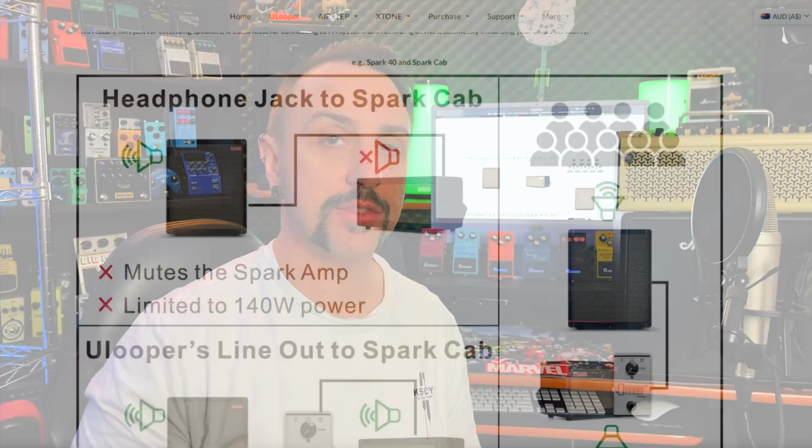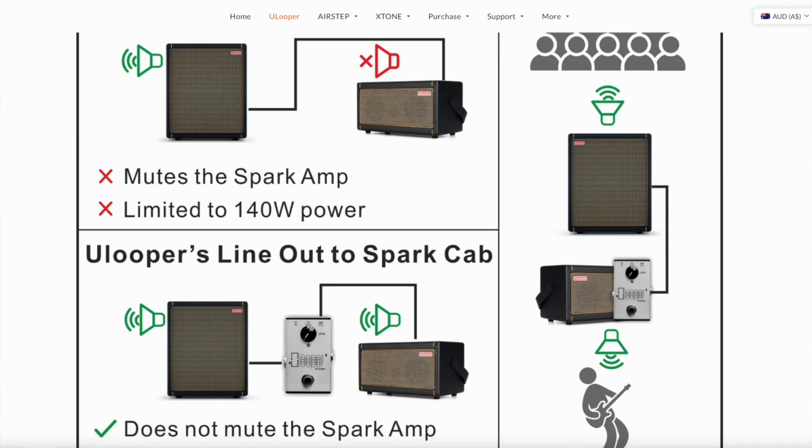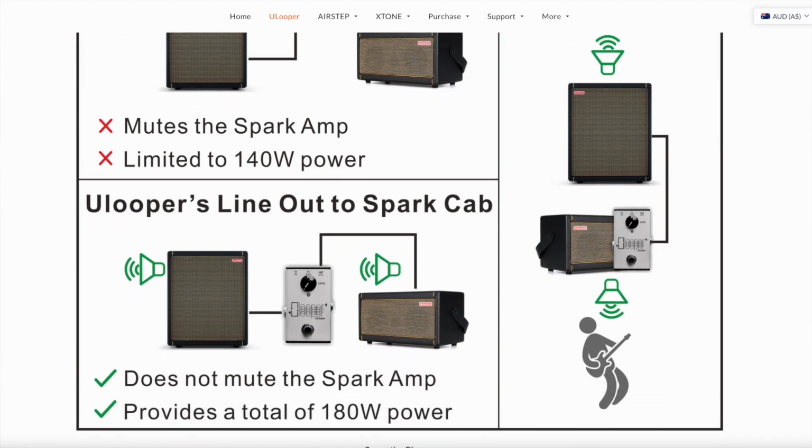So normally you would have to connect the speaker to the headphone output on these amps, which then mutes the speaker on the little amp, because, you know, headphones, they're thinking you're going to do it at home with headphones on and not going to wake up the dog or baby or whoever's in the house. Meaning essentially you could have the little amp as a monitor for yourself and the bigger amp going out to blow people's faces off. Alternatively, you could just send a signal straight to front of house,